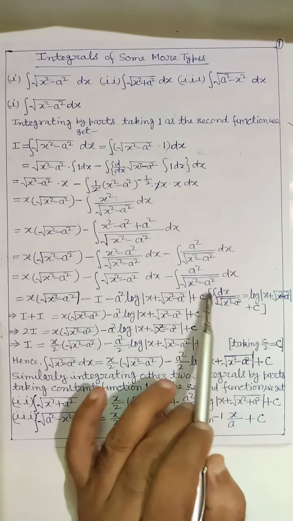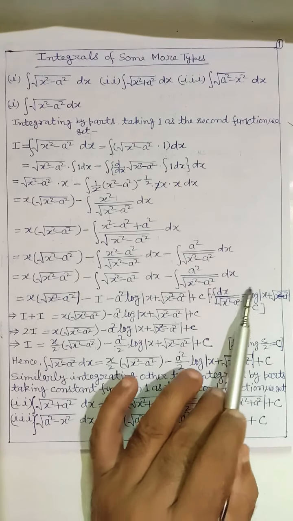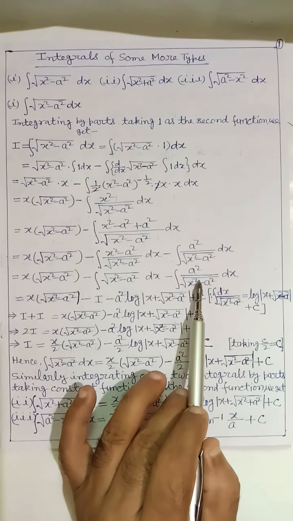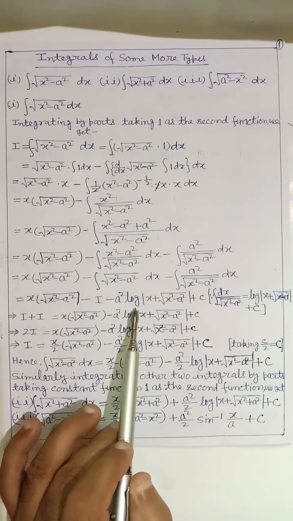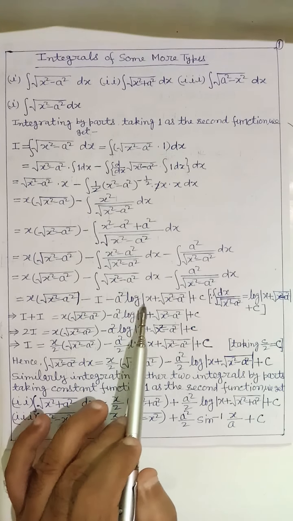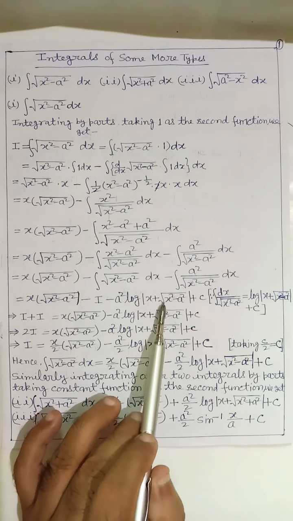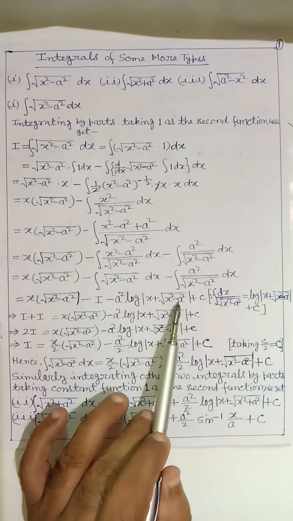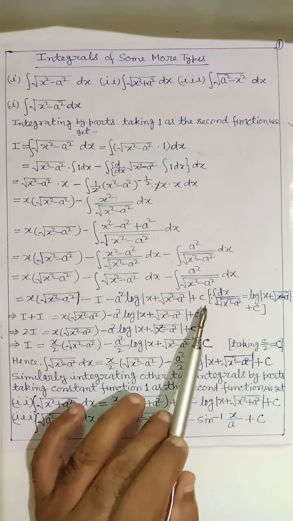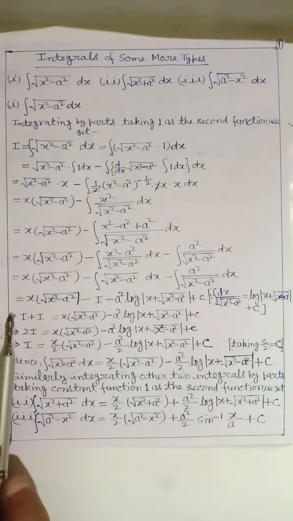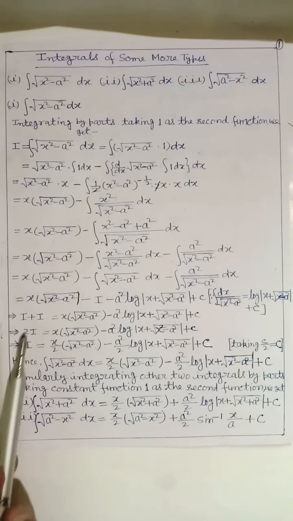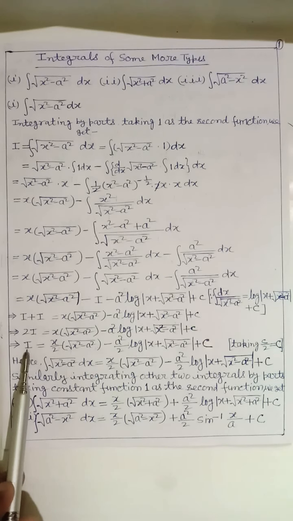So using this result we can integrate easily, and we get minus a square log of mod of x plus square root of x square minus a square plus c, and here we transfer I to the left side, so we get finally I is equal to